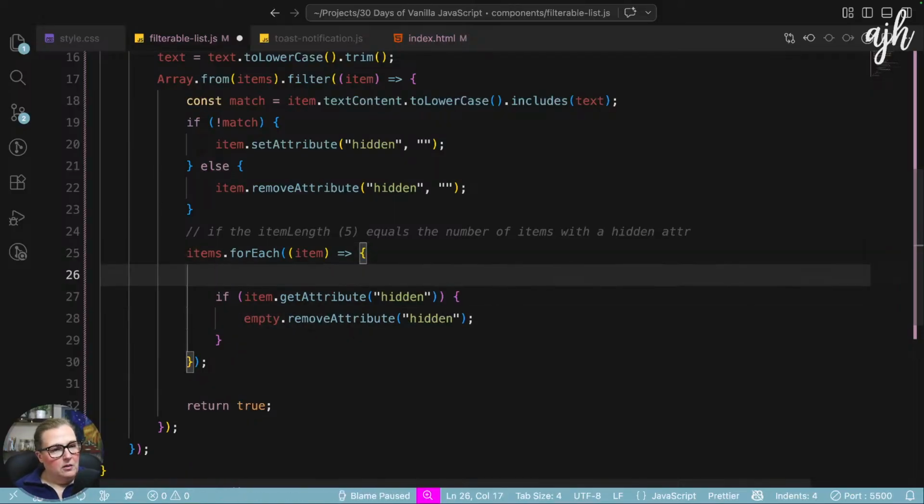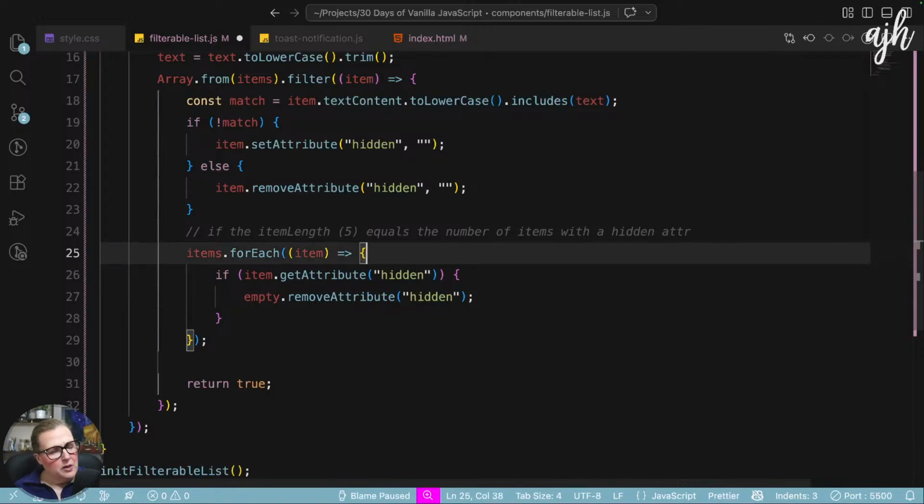We're missing a step here. Items for each item. Now I think we can count. Now that we're for eaching through, now I think we can say